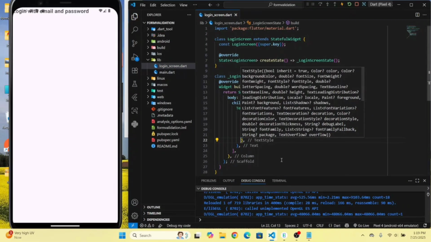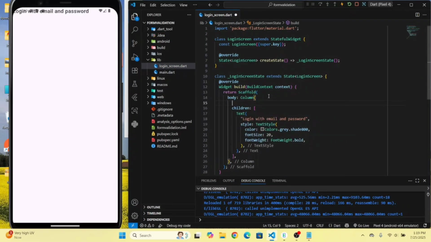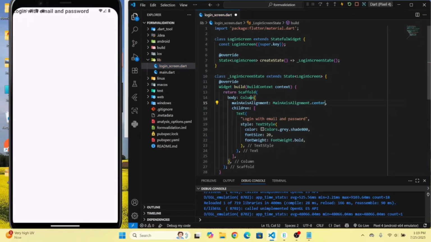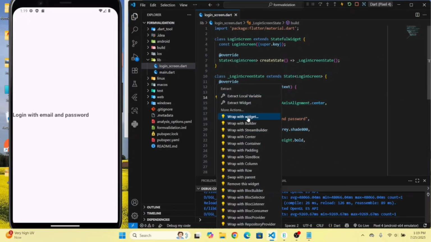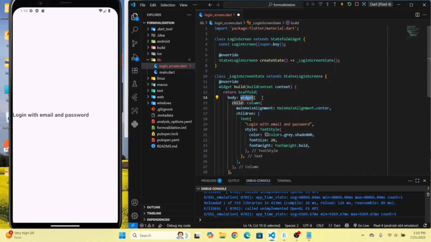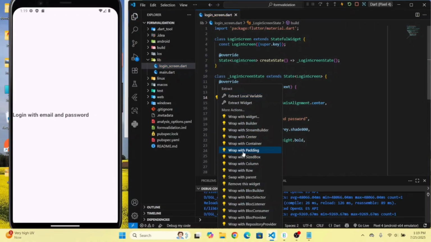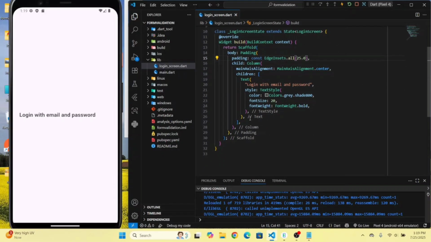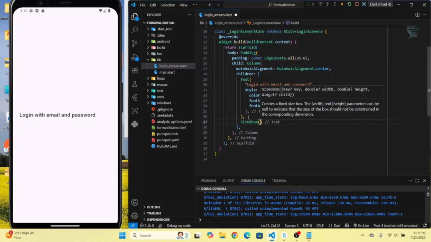And here is the text. Now let's show it in the middle. Make the main axis alignment to the center for this column. Okay, now let's wrap this column with the padding widget and change this to 25. Okay, it will give the space to all sides. Okay, now let's keep a SizedBox here. Give the height of 20